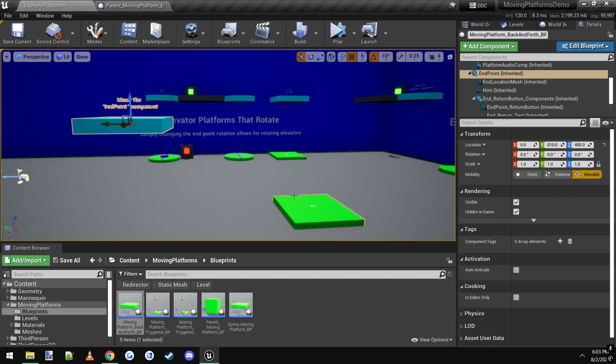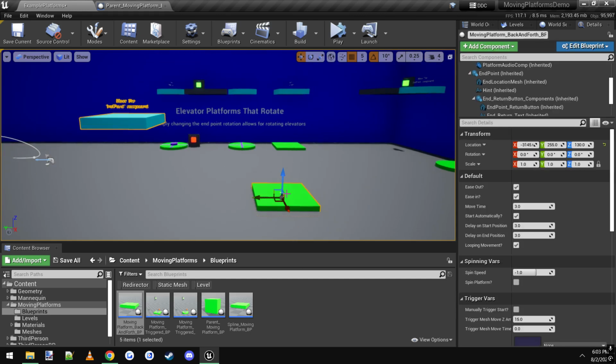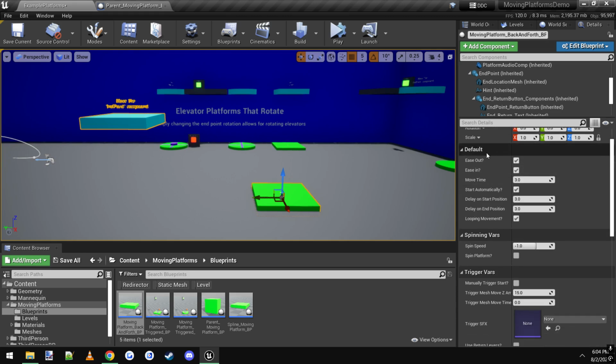And then once you have that set, you can just click on the actor itself, and in the details panel you have all the values here. We have ease in, ease out, we have move time. So let's make it move really fast. It'll move in 1 second, and it'll start automatically. You have delay on start and end, so that's like, say, no delay when it starts, and it'll wait 2 seconds when it gets to the end before returning. Looping movement means it'll loop back and forth,